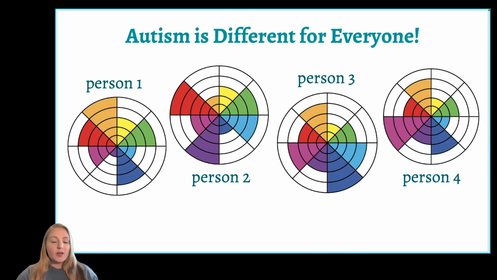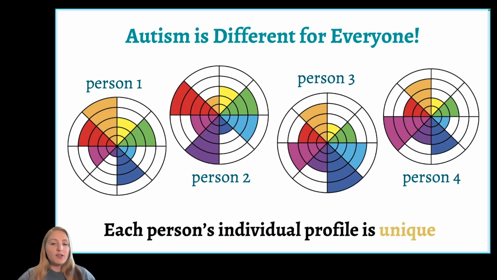So, the main takeaway that I want you to get from this is that autism is different for everyone and can vary greatly from person to person. However, you might notice some trends, especially among families or friend groups, as birds of a feather do tend to flock together. For example, many of my autistic colleagues have relatively similar strengths and challenges, which likely contributed to why we all ended up in a neuroscience PhD program. But just like a fingerprint or snowflake, our profiles are still completely unique to each of us. There's even a phrase that says if you know one autistic person, you know one autistic person.